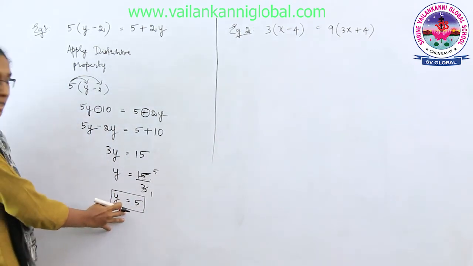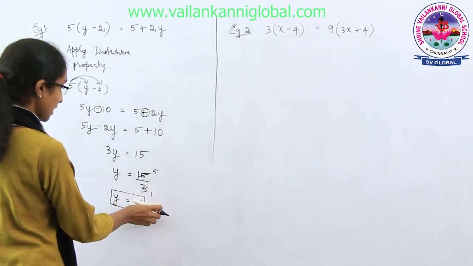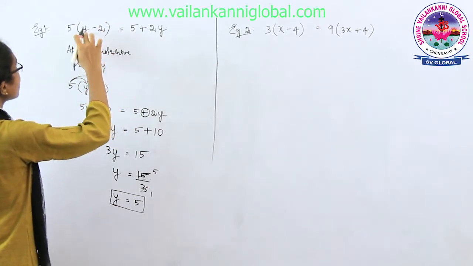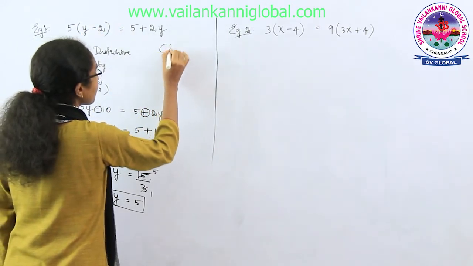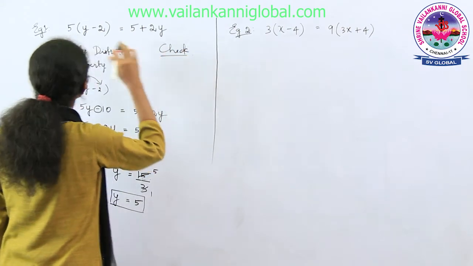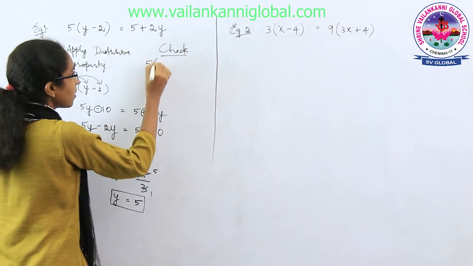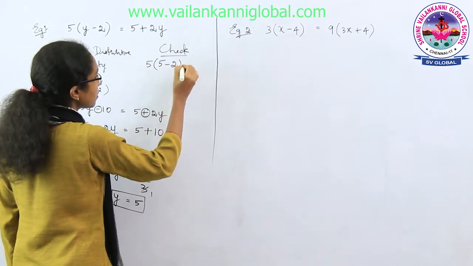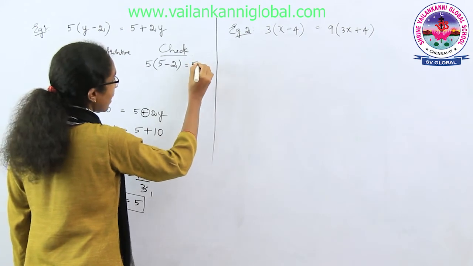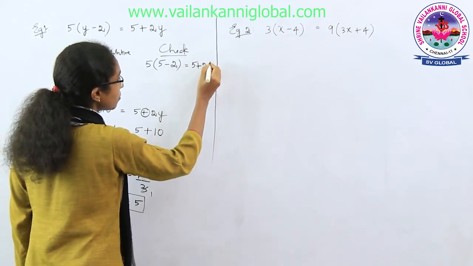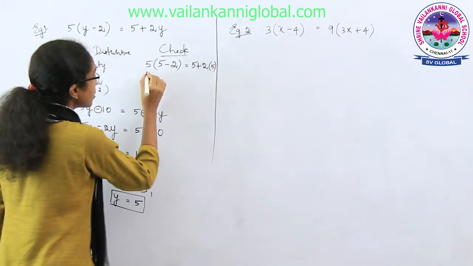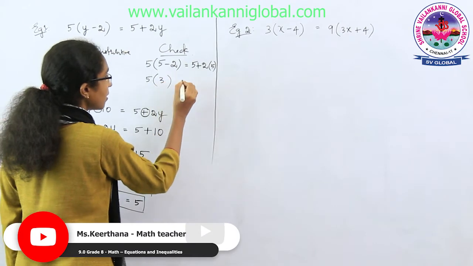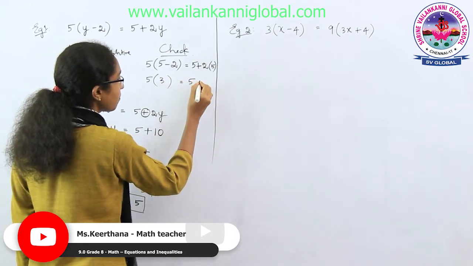To check whether the answer we have got is right, we can substitute in the equation and check. So we substitute y equal to 5 in place of y here. So 5, and y is also equal to 5. So we substitute: 5 minus 2 is equal to 5 plus 2 multiplied with 5. So we get 5 minus 2 is 3, that is equal to 5 plus